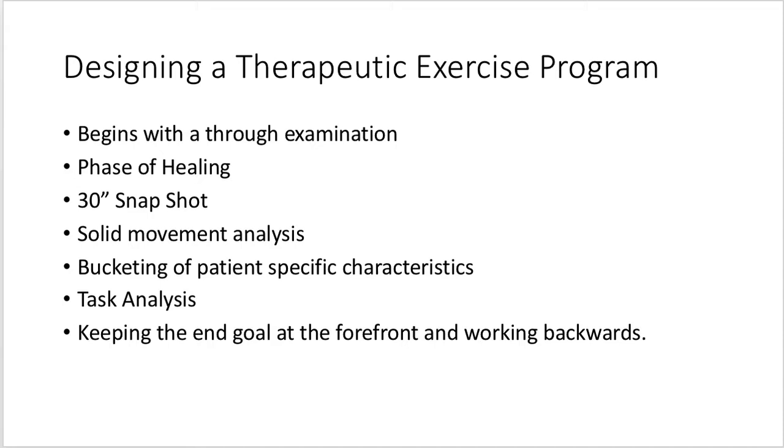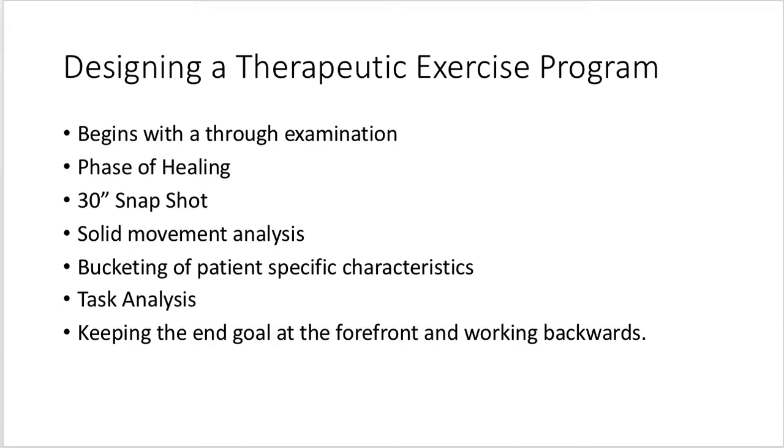Every impairment you see, you're going to kind of bucket and prioritize to make sure that you're picking what you need to focus on for your Therax. You have to match your phases of healing. So again, if we come back to someone who's still recuperating from maybe an ankle sprain and they still have some swelling that hasn't been managed, you might have to go back to the drawing board and think about what you're doing as far as range of motion goes. Are you doing too much? Is that why they're continuing to be swollen? Have you not managed what they're doing outside of their program for you? So keep coming back to that.